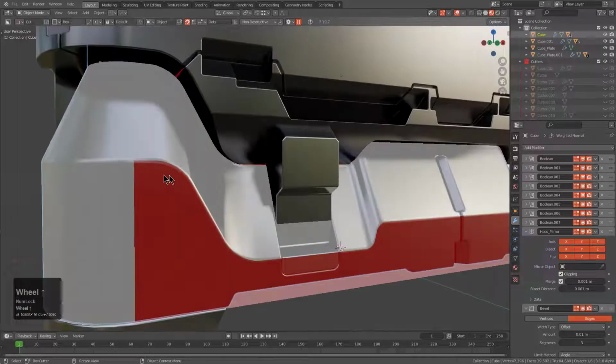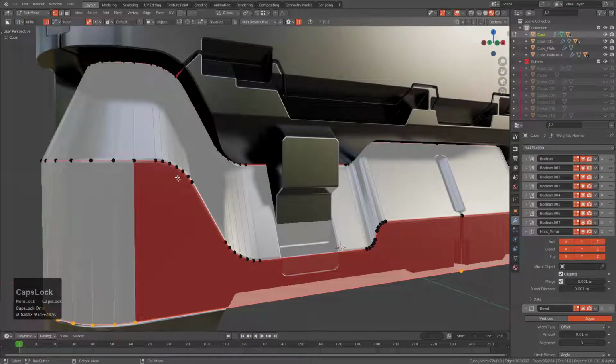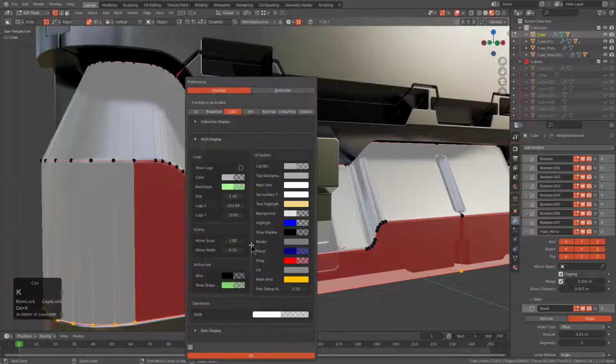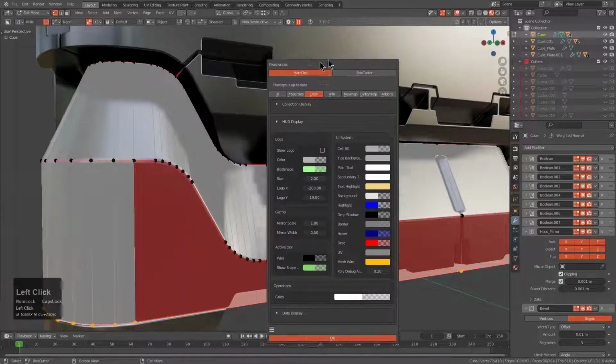However, there are times where the colors showing are a little overbearing on your vision and can actually get in the way of you working optimally, because the colors are just so dominant. So it's letting users know that you can press Ctrl K to go inside of your preferences, and